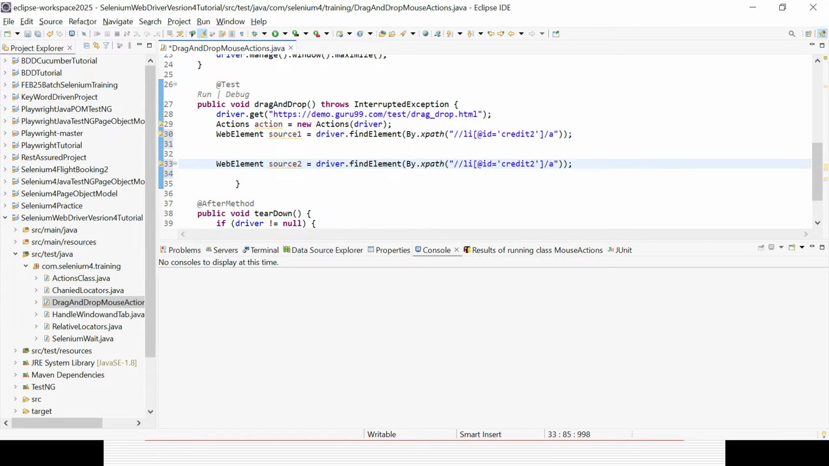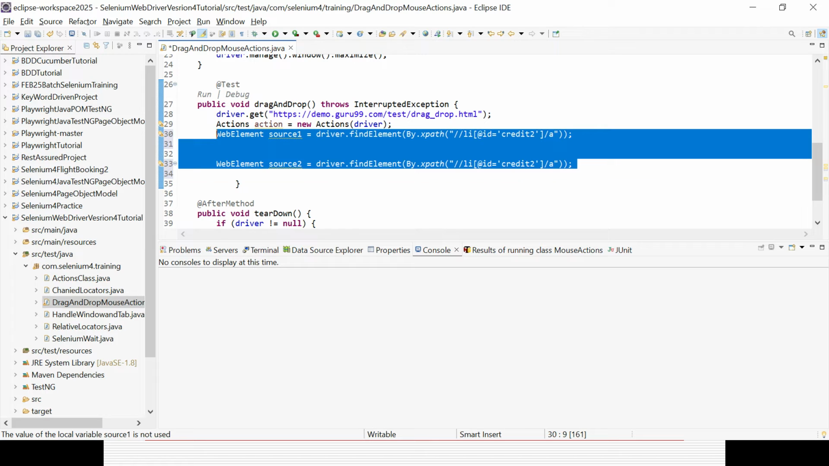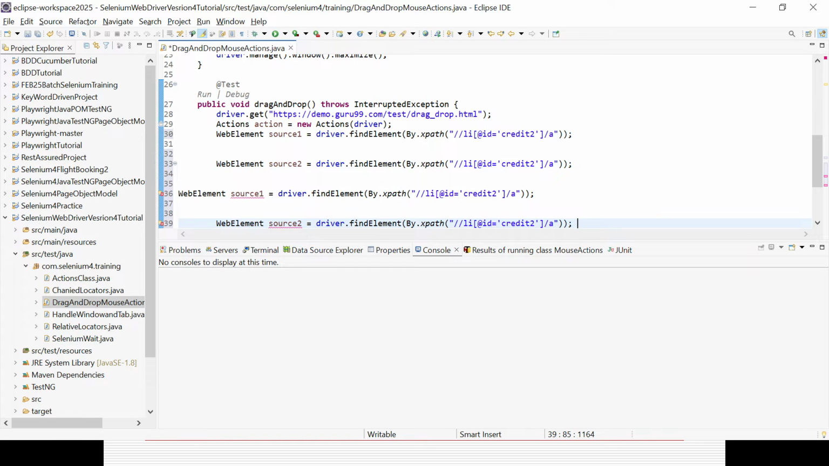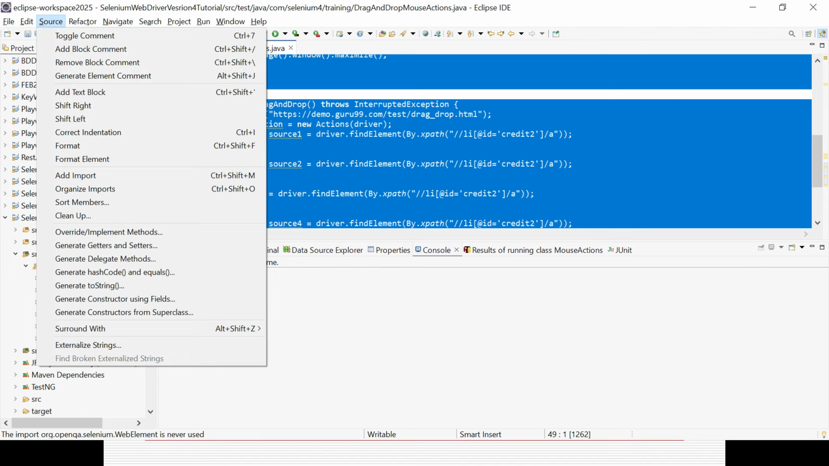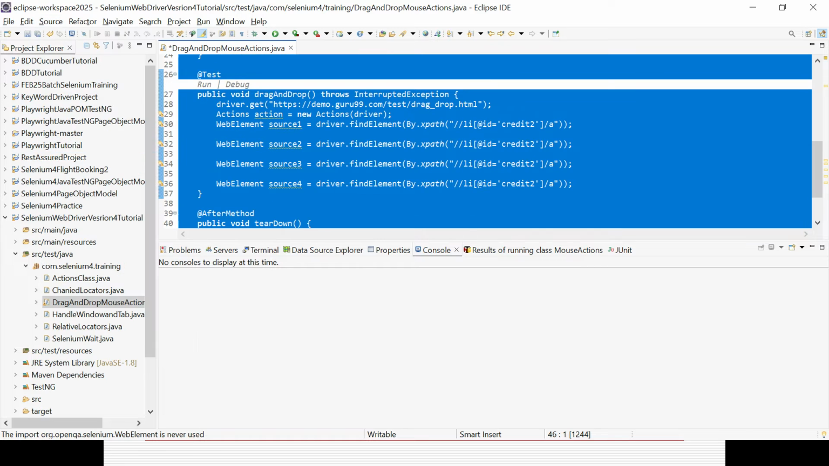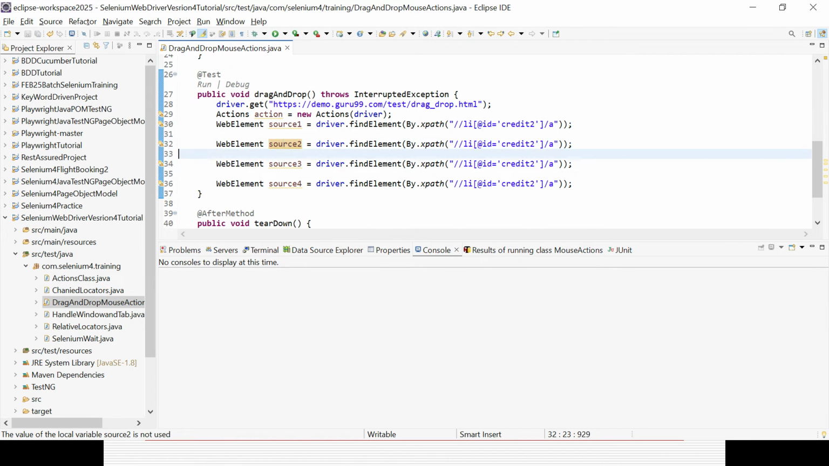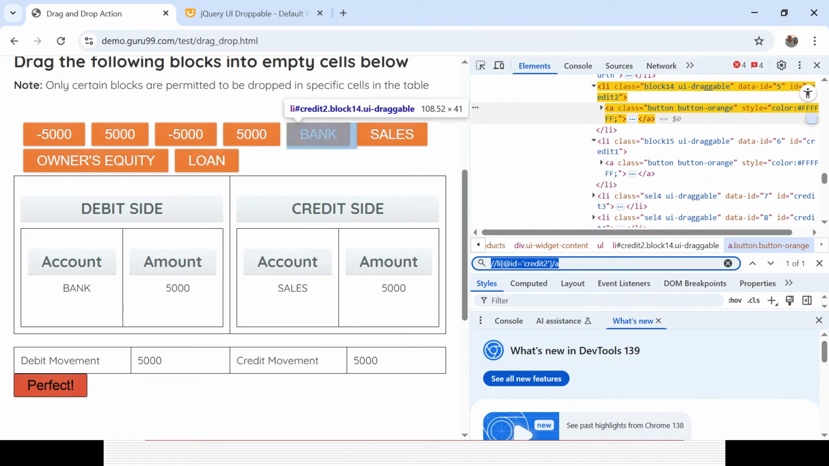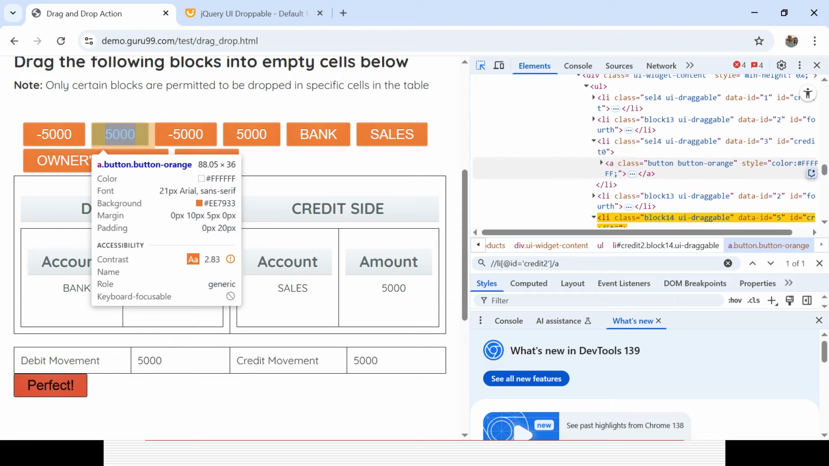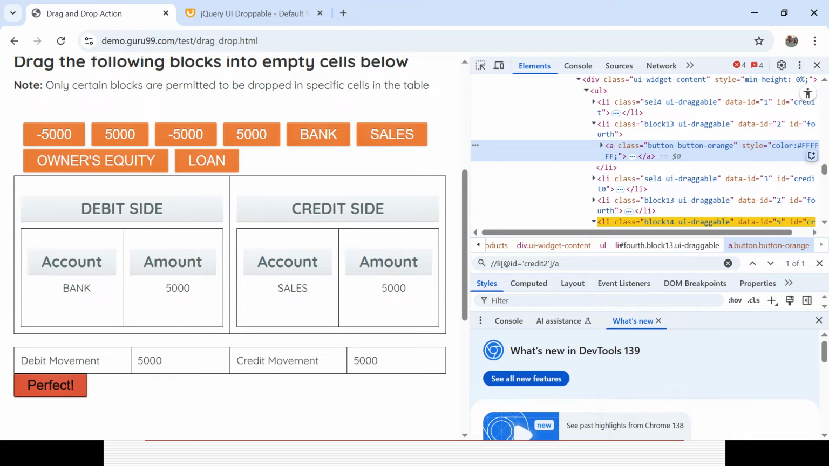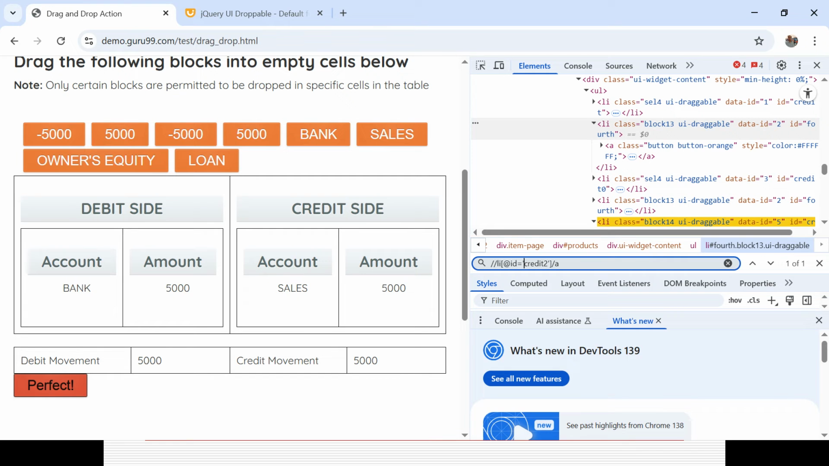Okay, now I can try to create source 3 and source 4 as well. Let's format it. Okay, source 3, what I want to do is the 5,000, right? This amount, this is the source. Okay, what is that? It is id equal to 4th. So you can give it id equal to 4th,